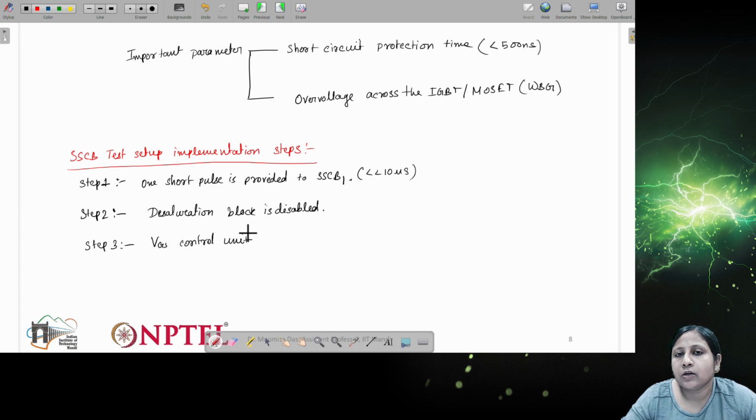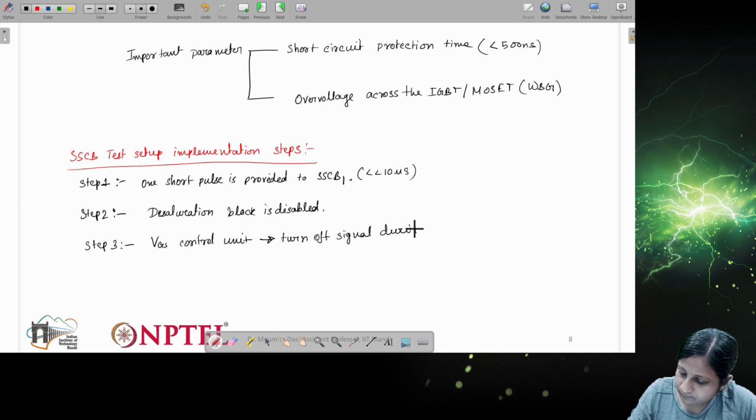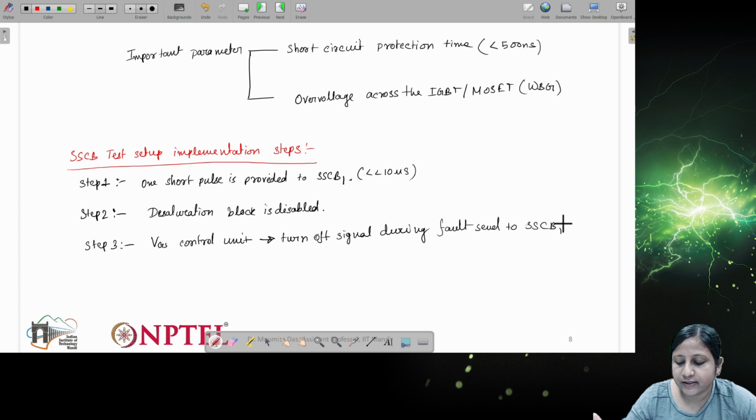Now if there is any overvoltage, then what will happen? This will provide the turn-off signal to the SSCB if there is any faulty condition.